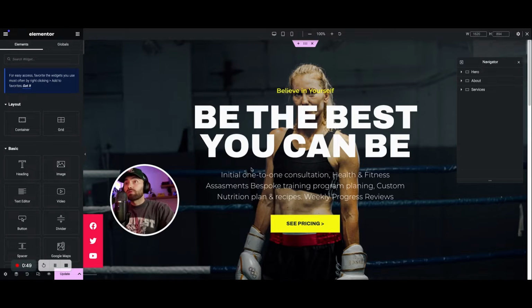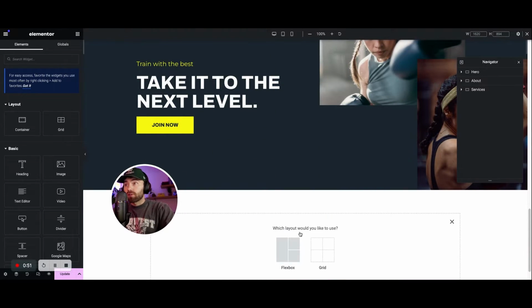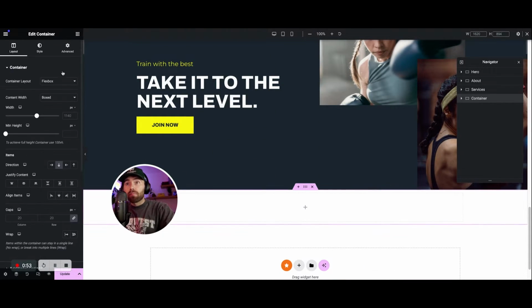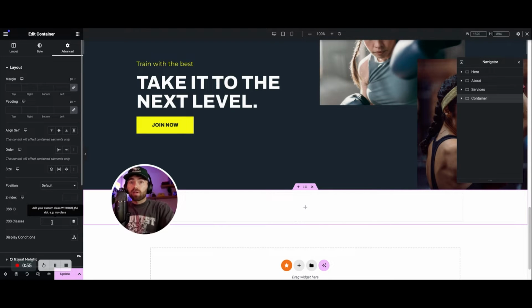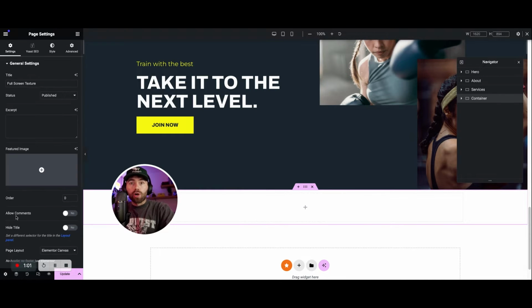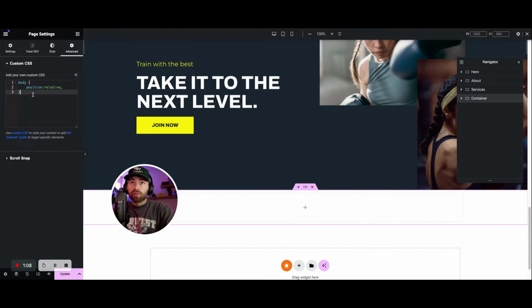There's a couple small steps that you want to do. First of all, you want to add a container at the bottom of that page and give it a class. Any type of class works. Let's just give it overlay texture. And what you're going to want to do is go into your page settings that you're going to do this on, or you can do this globally in the site settings. I'm just going to do it in the page settings really quick and add body